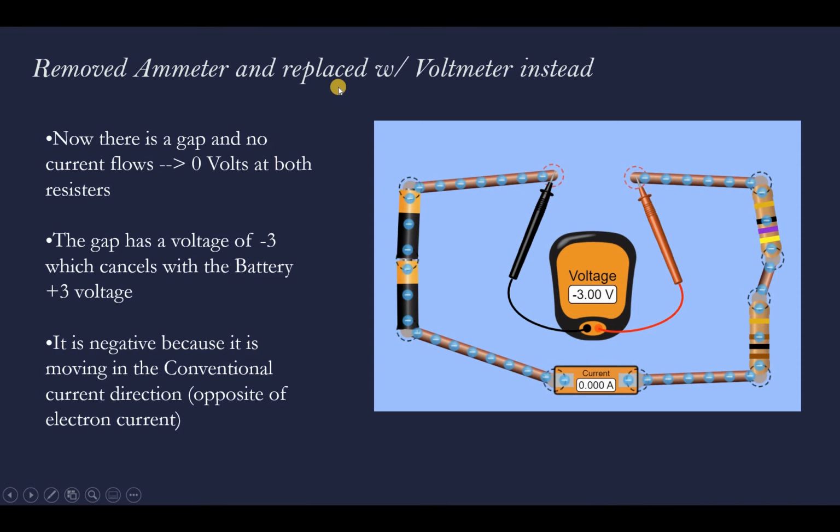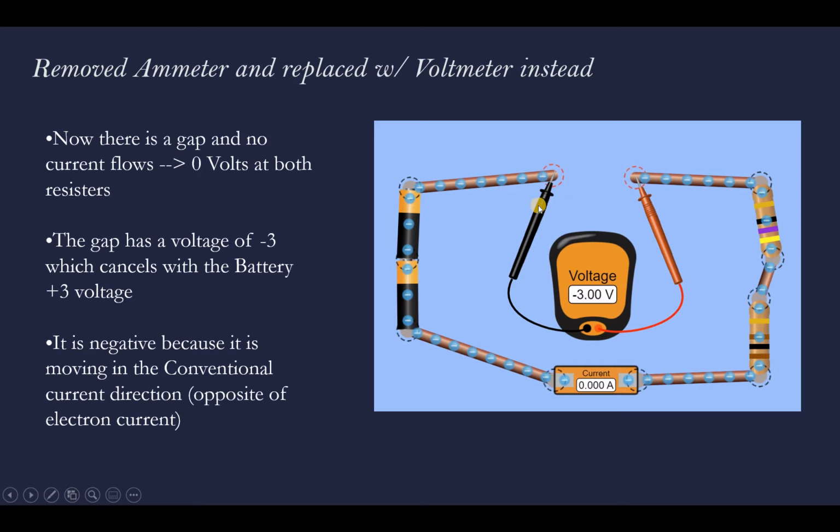And then I remove the ammeter and replace it with a voltmeter instead. So now there's a gap, so there will be no current flow in between. And so that would make us have 0 volts at both resistors. And the gap is negative 3 because it cancels with our battery's plus 3 volts. And it is negative because it's moving in the opposite direction of our electron current, and this is the conventional